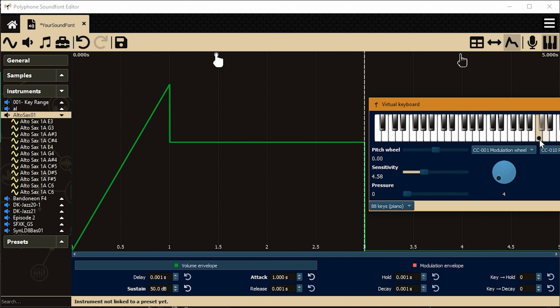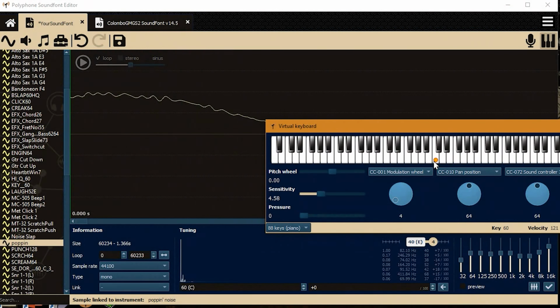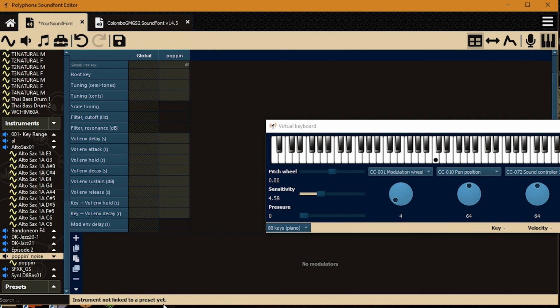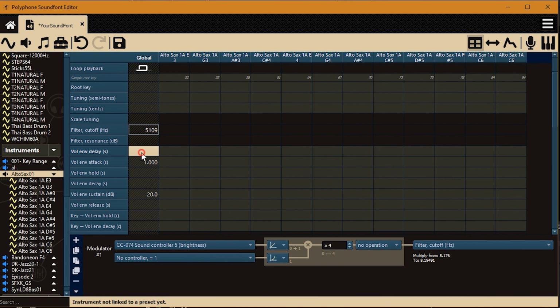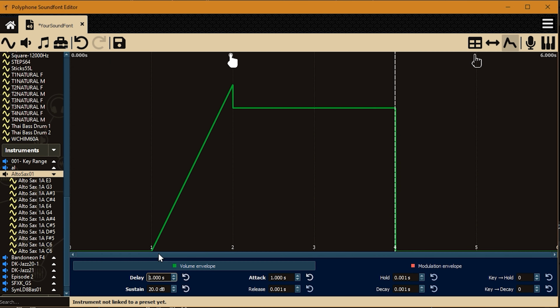Basses, guitars, pianos, drums, and a lot of others don't have an attack time. But if your samples are introducing some popping noise at their starting point, make sure to set at least a single millisecond of attack time. We can set a delay to the attack, obviously, for the whole envelope from the field above.